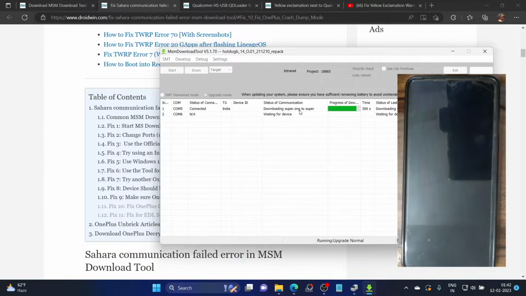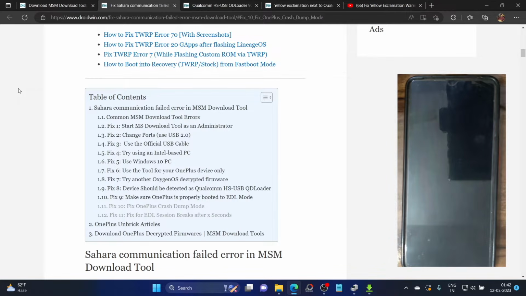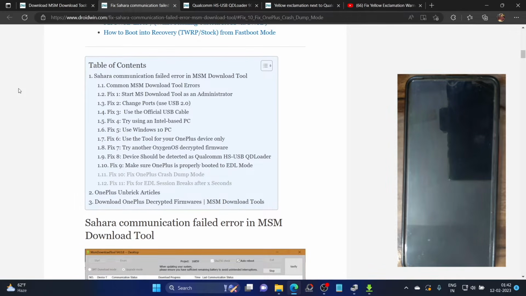In my case, the entire process takes around 400 seconds, out of which 250 to 300 seconds are taken by the super.img file. So let's wait while that is happening. And after that, your phone will boot to the OS, depending on the OS that you have flashed. In my case, I flashed the Android 11 OS. So it will boot to that, and likewise the bootloader will be locked in your case.